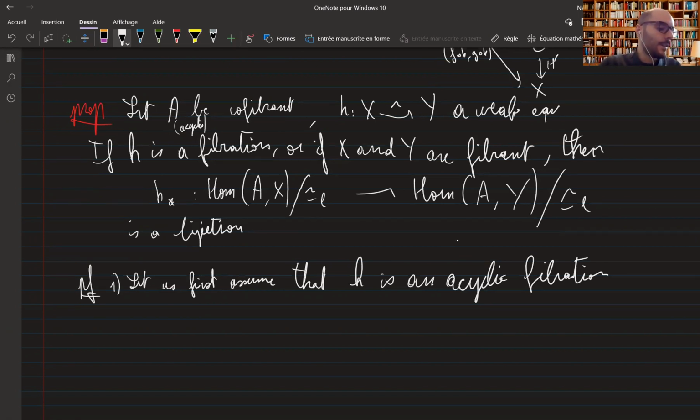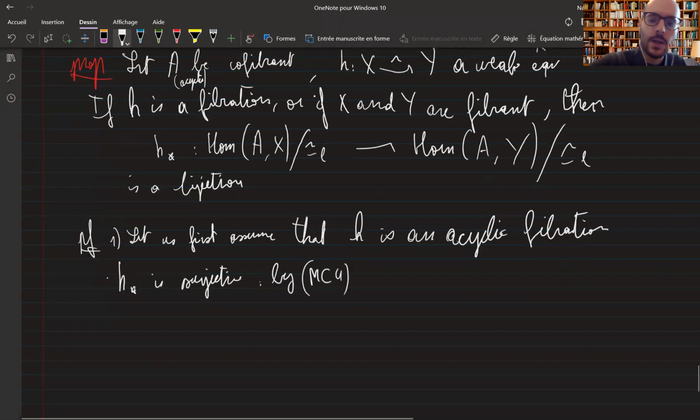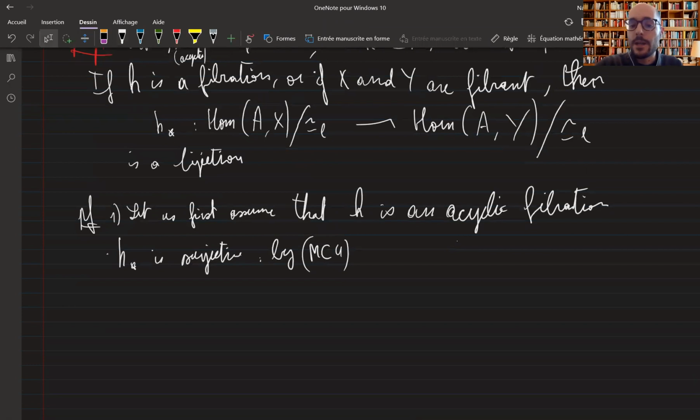So h star is surjective. This is by MC4. Why is it by MC4? Well, you have